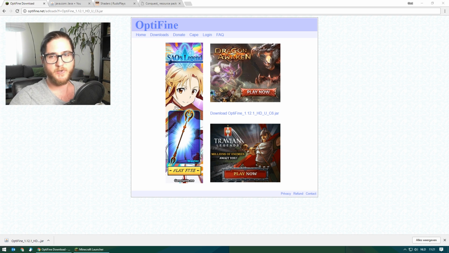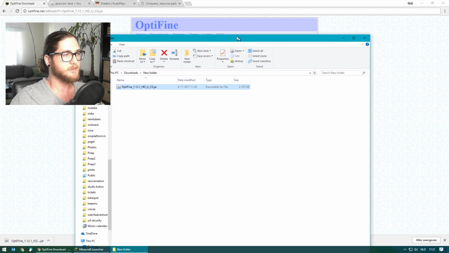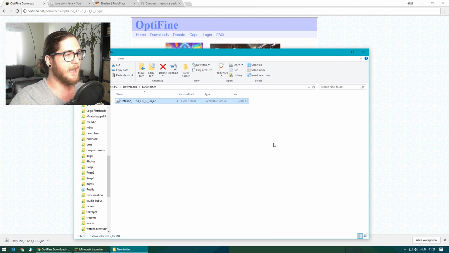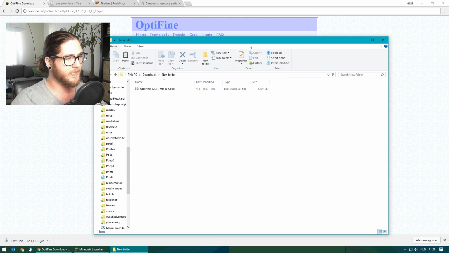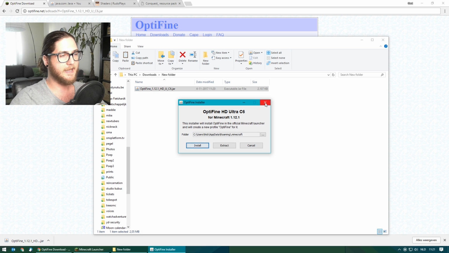So what happens is, if I'm going to create a new folder real quick, there we go. So this is the file I just downloaded, Optifine 1.12.1 HD UC6.jar. Now, I can open this if I want to, just by double clicking it, and I'll get this.